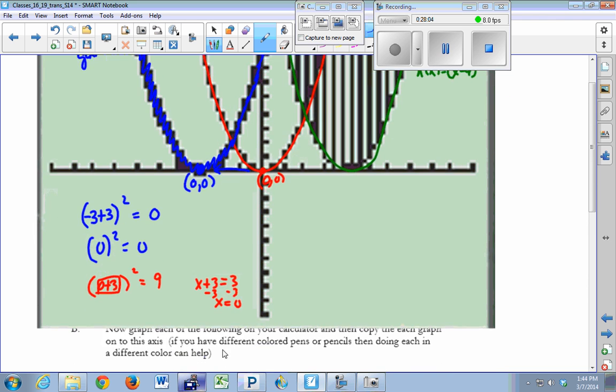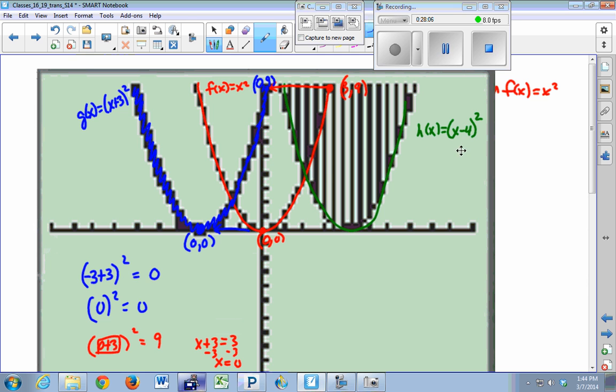Okay. And similarly over here, to get back to being 0, I want x minus 4 squared to equal 0. So that means x minus 4 has to equal 0, because 0 squared is 0. So x has got to be 4. And we see right here that if I put a 4 in and then subtract 4 from it, I get right back to 0. So here, before you even get a chance to perform your function, which is squaring your input, we're messing around with our input.